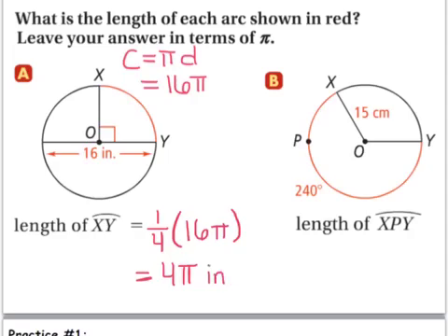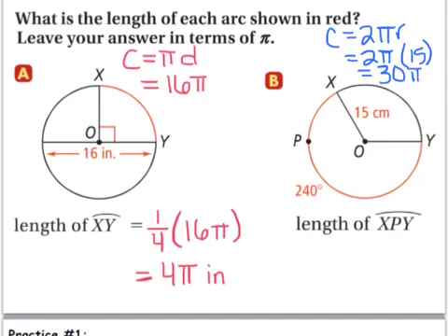For the second problem, they give us the radius. So let's use that circumference is equal to 2 pi r. So we have 2 times pi times the radius, which is 15. So this is the same thing as 30 pi. Now, we do know that the arc we're looking for is 240 degrees. So you could either go ahead and do 30 pi